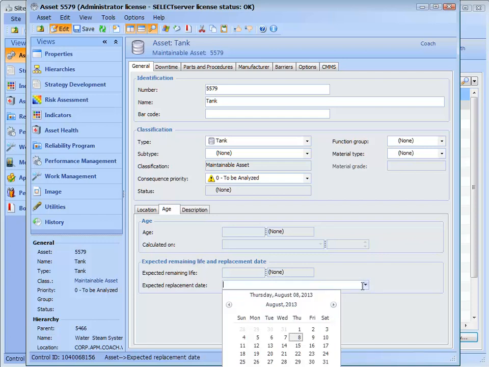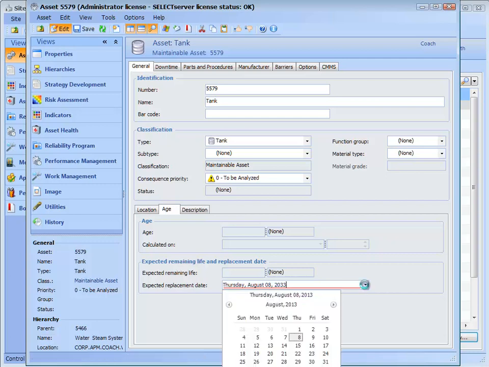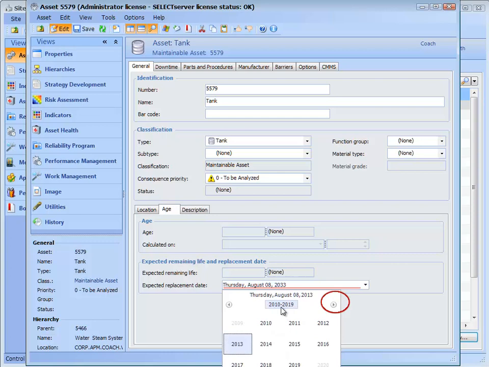Click the drop-down in the Expected Replacement Date field. A calendar with the current date is shown. Since we don't know what day of the week it will be in 20 years from today, we cannot simply change the year. Instead, we need to navigate to the appropriate date. Click the month and year shown at the top of the calendar. The view changes to all of the months for the current year. Click the year. A selection of years is shown. Use the forward arrow to advance to the year that you want. Click the year and then the month and day to use for the expected replacement date. For example,